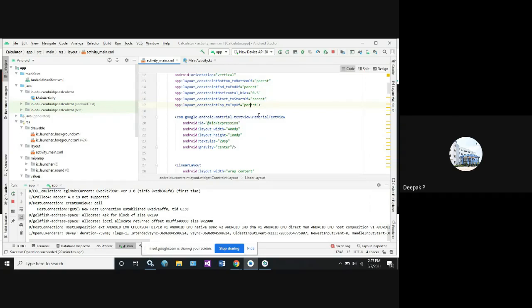Okay. Next, after this, what are the things that we need to add? We need to have expressions here because we are going to evaluate the expressions of the calculator function. So I will take Android ID. I'm going to read the value of the ID here. At plus ID means it takes the value, whatever value I'm going to click, and that value will be taken as an expression. Next, I have taken the width and height of the overall screen as 400 dp, where dp stands for density pixels.